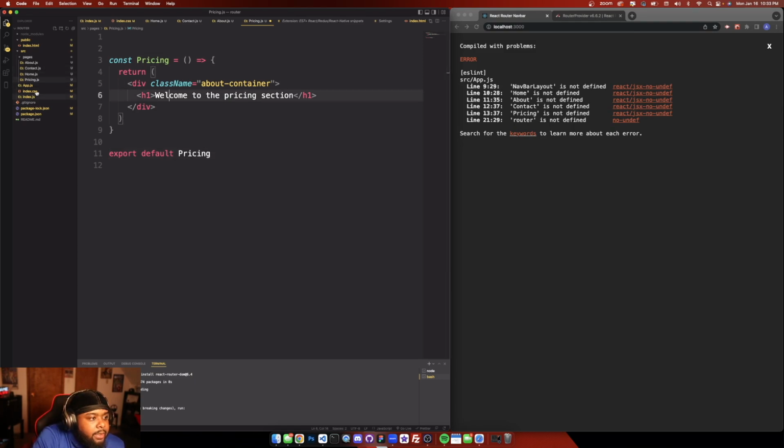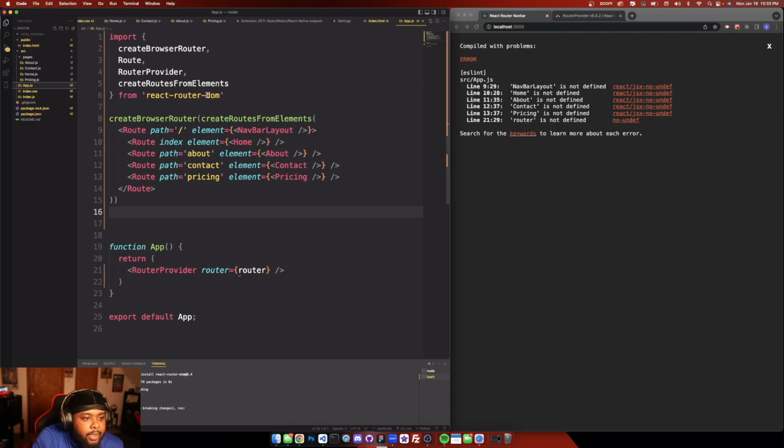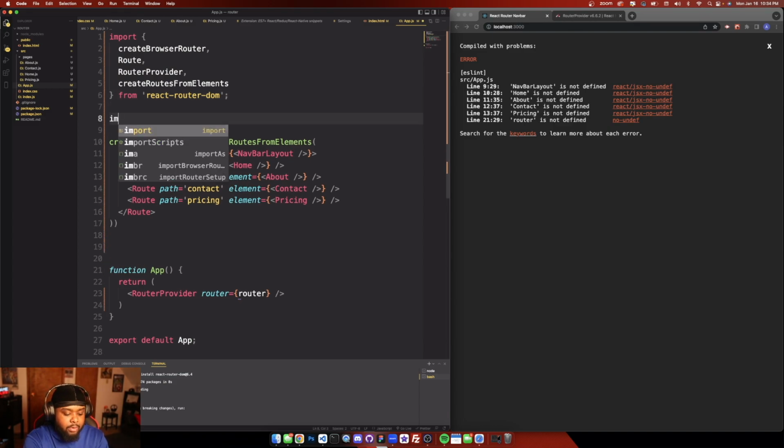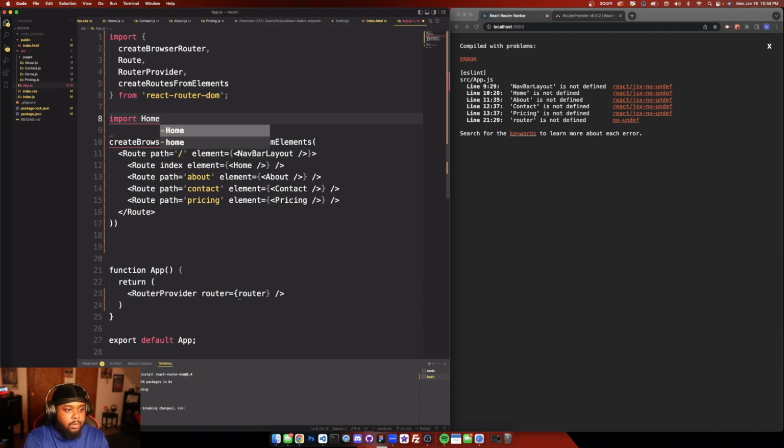Okay, so we got our pages. So let's go back to our app and we have to import them here. Okay, so let's go ahead and do that now. Let's import. Let's do home. Do I have to do home with curly brackets? I don't think I have to. So we got home from